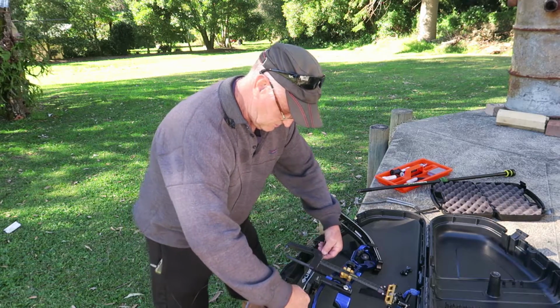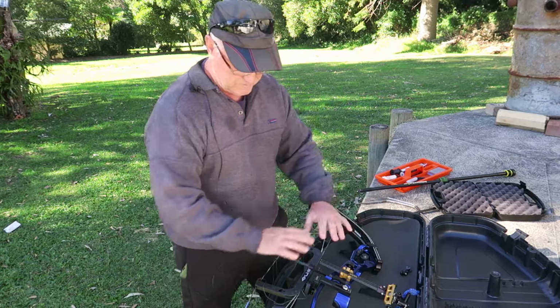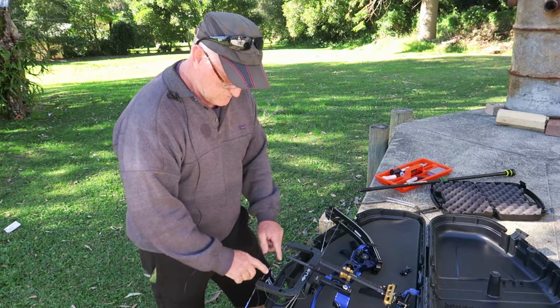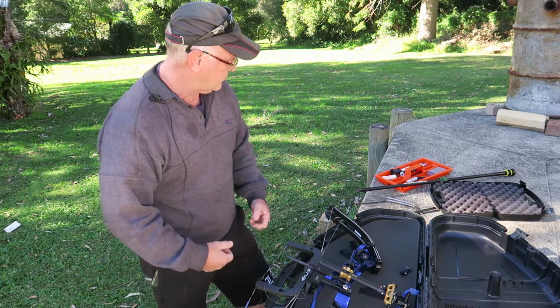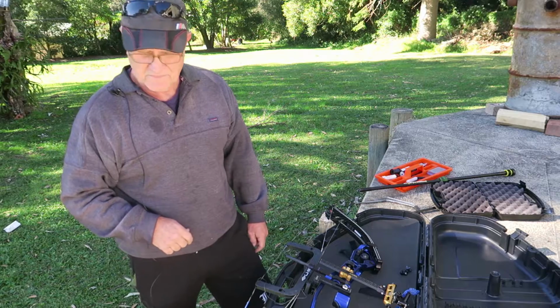It just saves a bit of time when you don't have to press it to take your string off, and once you get the string off, you still need your string maker to press it. This actually keeps good tension on the string so that when you serve it, you get it nice and tight and clean. I've got to get my serving jig out of the...